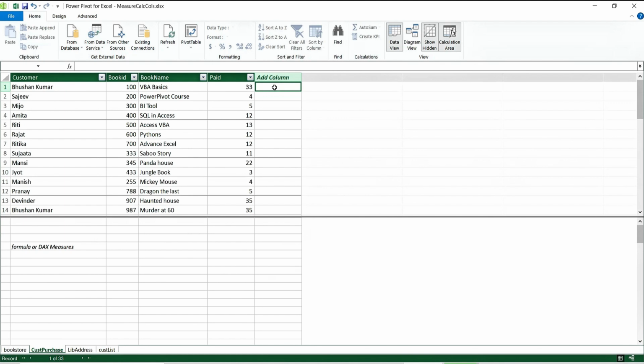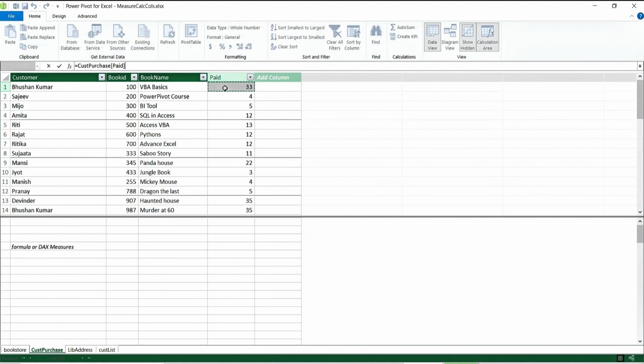So I say equals to, and you will go and select this table. I click on this. The moment you select this table, this is how it is going to look like. There is no A1 referencing type here, R1, C1. Please understand, in the Power Pivot you will not get the cell address like A1, A2, A3. No. This is how the Power Pivot will give you the column name along with the